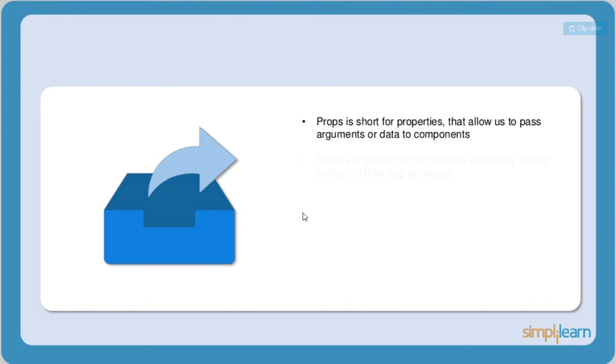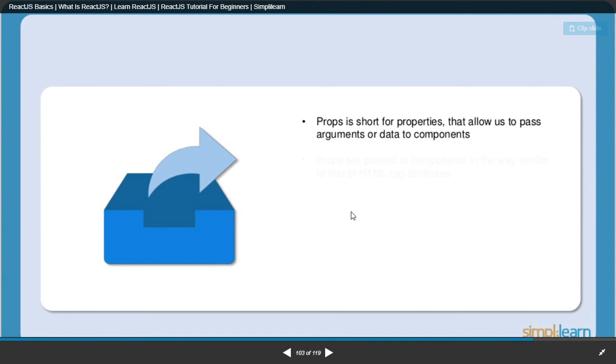And in there only I can perform the search operation, like particular filtering I can do over there. So in this case, I have to pass the value whatever I'm typing in the search button from that component to the post component. So there the props come into the picture. If you want to pass data from one component to another component, then you can pass it via props. Props is nothing but properties.